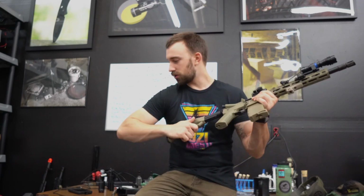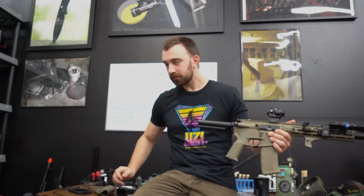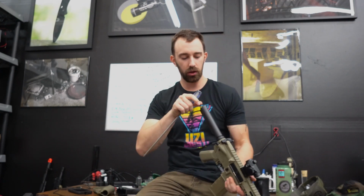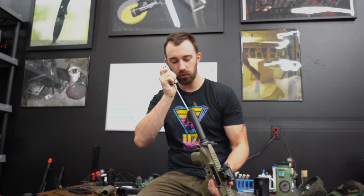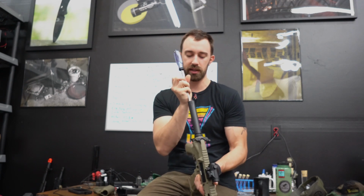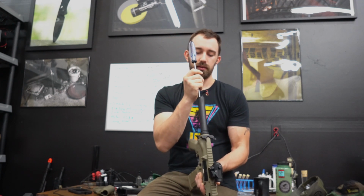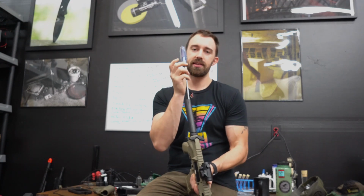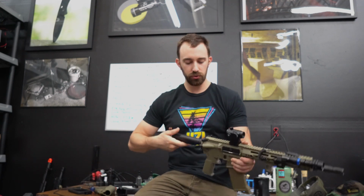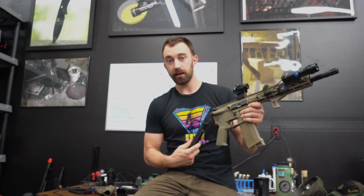It's as easy as removing the stock using some type of assistance tool. In most cases, you do have to take a long screwdriver, stick it deep inside of your buffer tube. In most cases, not all, and I have a couple examples to show you, you need that screw on the back plate of the spring guide